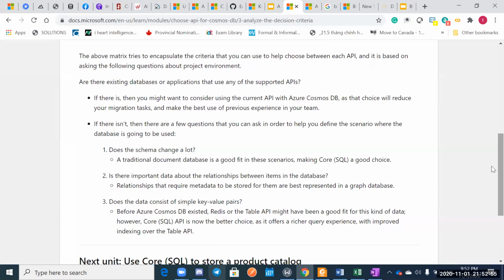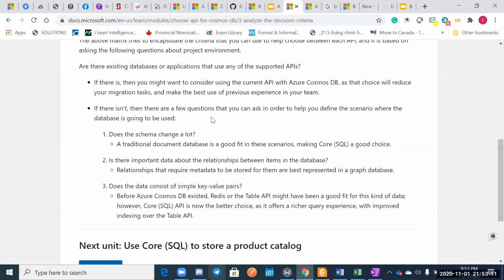So number one, you need to see what your current application supports. If the current one supports Cassandra, then you need to use the Cassandra API on CosmosDB. And if your database or application doesn't yet need a defined API,